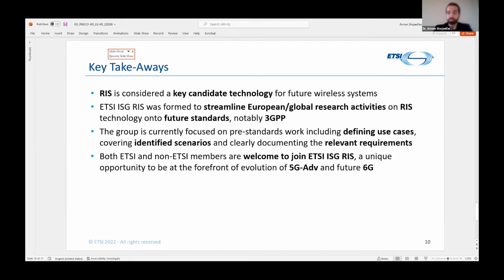And the group is currently working on pre-standards work, including the identification of use cases and covering on the identified scenarios and clearly documenting the relevant requirements. Very importantly, ETSI and non-ETSI members are welcome to ETSI ISG-RIS. This is a unique opportunity to be at the forefront of the evolution of 5G-Advanced and future 6G.